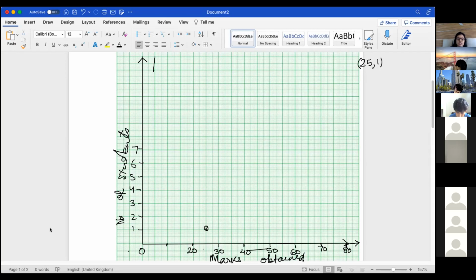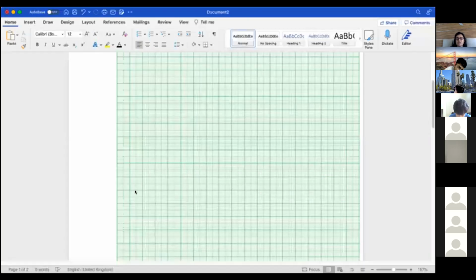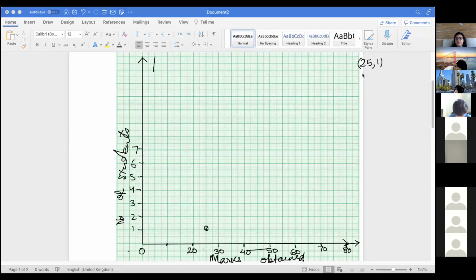Then what is next? 35, 3. So next point is 35, 3. Class mark, frequency. Yes, class mark. Instead of leaving 2 boxes, is it okay if I leave 1? This is 10, so you have to leave equal distance. Because I took everything equal, 10 equal to 2 boxes, that is why I left 4 boxes. Okay, next is 35, 3. 30 is here, 35 is here. 35, 3 is over here.